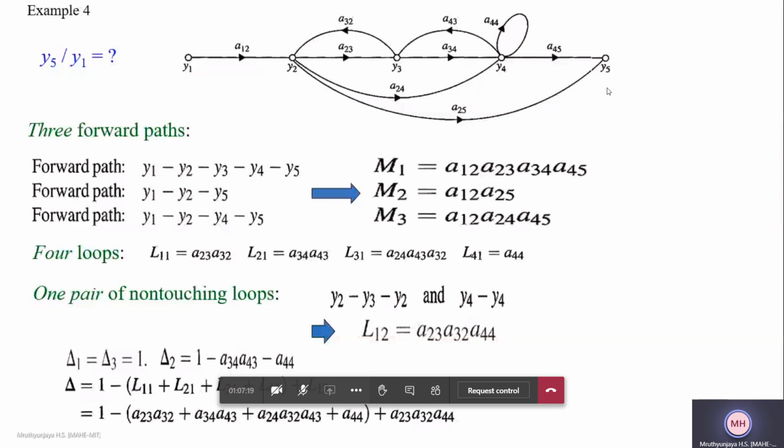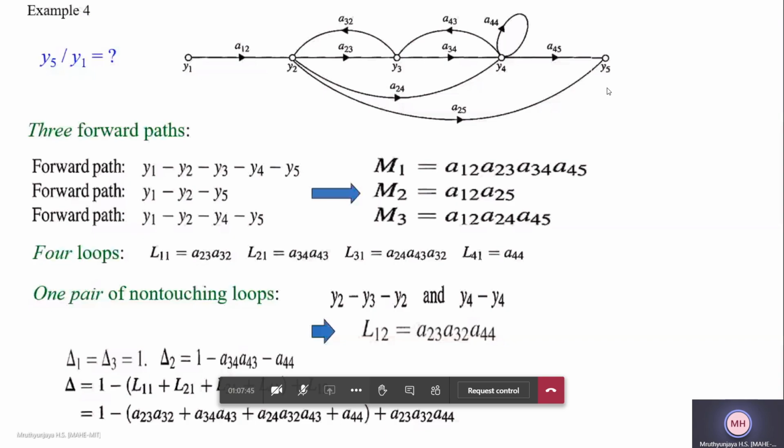You are not modifying the circuit, mind you. You are taking the output at a different point. That's all. So when you are taking a different output, what is the definition of forward path? Direct connection between that input and that output. So what is that input? That input is y1. What is that output? That is y4. So the connection between y1 and y4 will tell you the forward path.